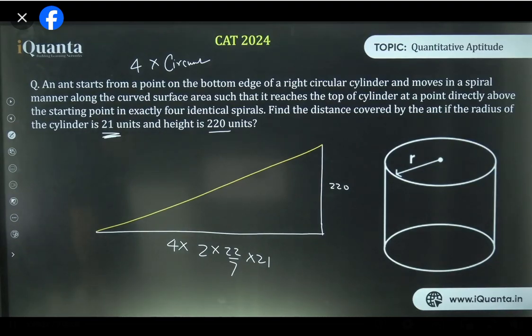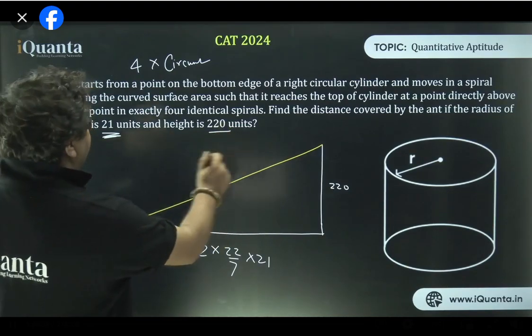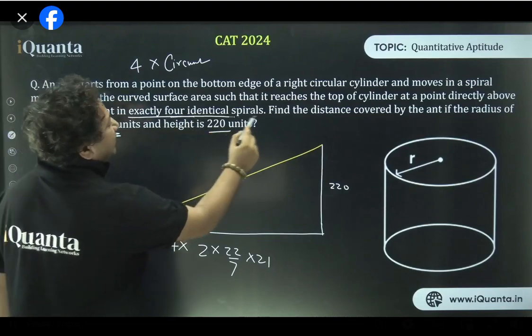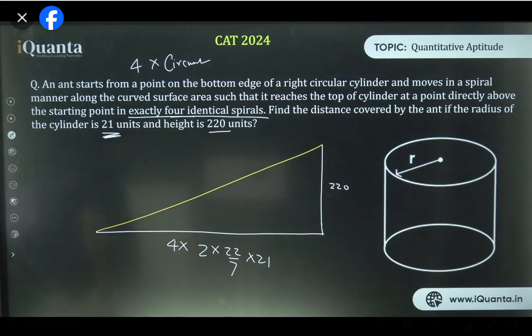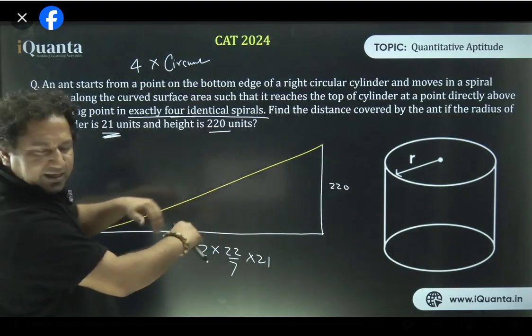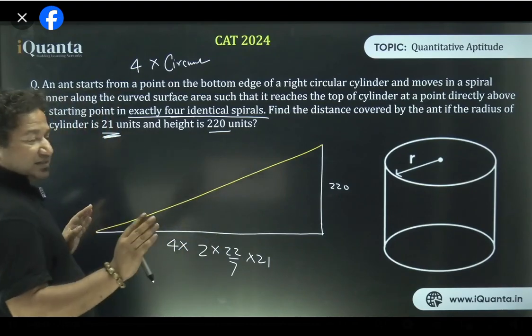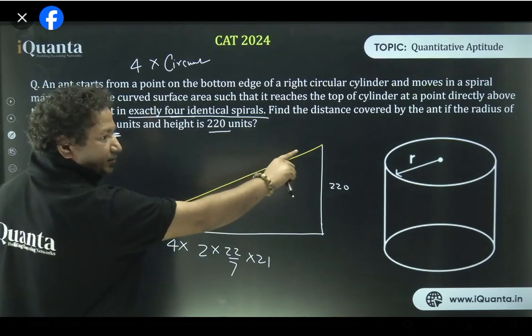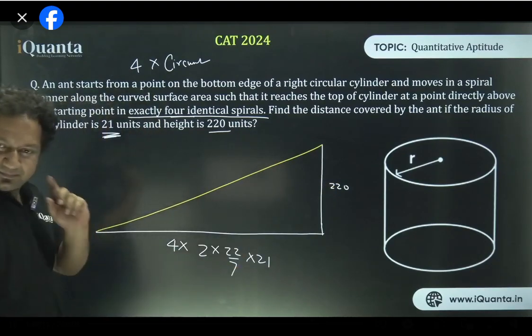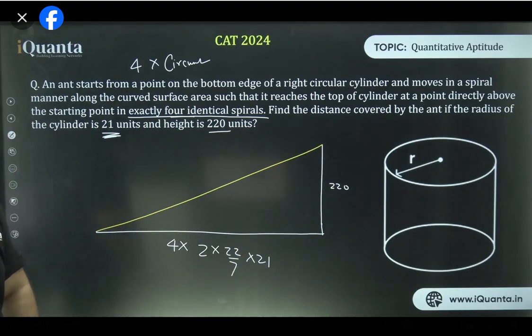No, Shruti. Because the ant is revolving like this. I am saying it made exactly 4 identical spirals. That's why multiplied by 4. Tulika, is that clear? Leave everything else, just tell me, if it did not go around like this, that horizontal distance would be covered, right? See, the exact distance covered by the ant is this yellow line. This yellow line's vertical projection is 220, horizontal projection is this. Right? This is a beautiful question, I must say.